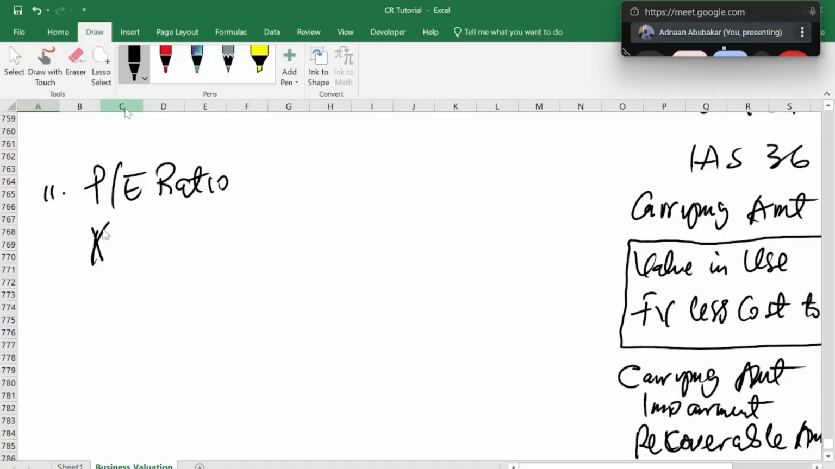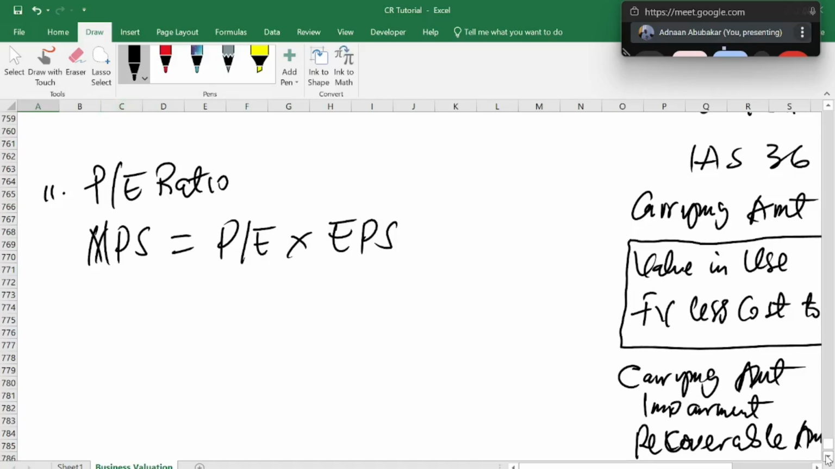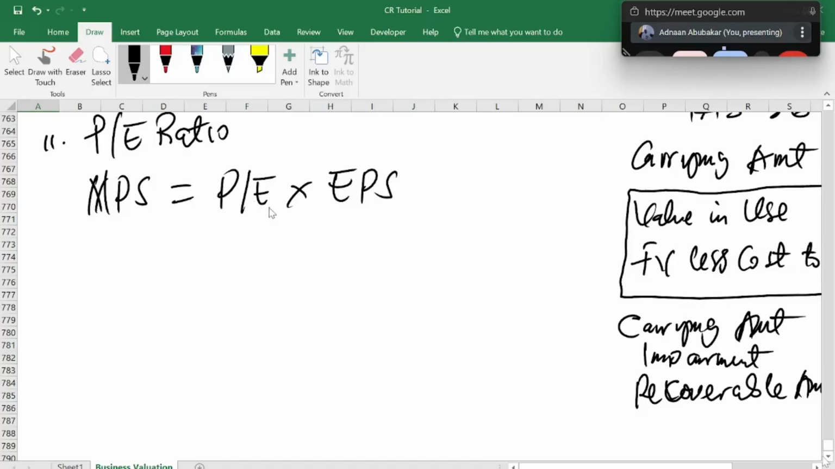Here I remember the formula straight away. So I'll pick market price per share. If you can't remember, you can do it systematically as we did yesterday. Market price per share is equal to PE multiplied by earning per share. Now let us first determine our earnings per share. We know that our earnings per share is profit after tax minus